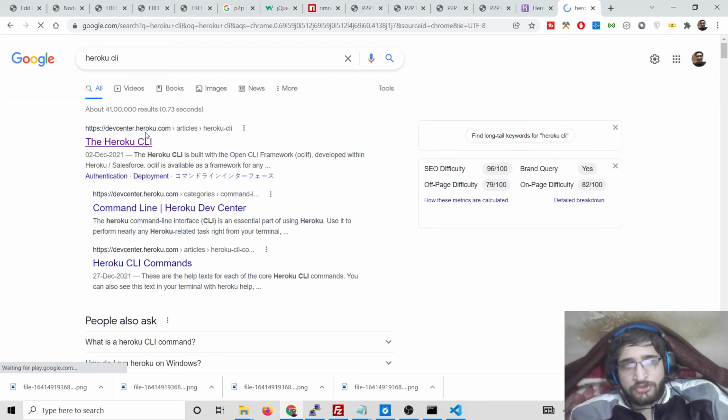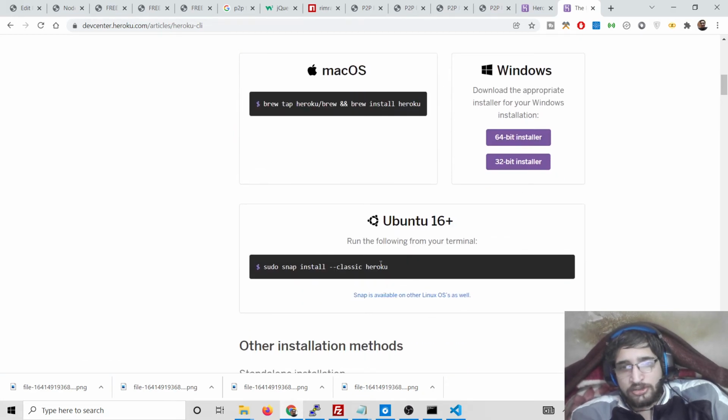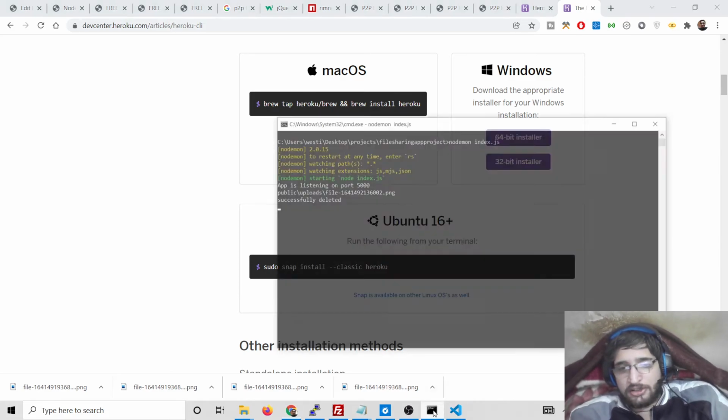This is very much useful whenever you need to deploy applications. So I've already installed it for my Windows machine. So accordingly, according to your operating system, just install it. And now,